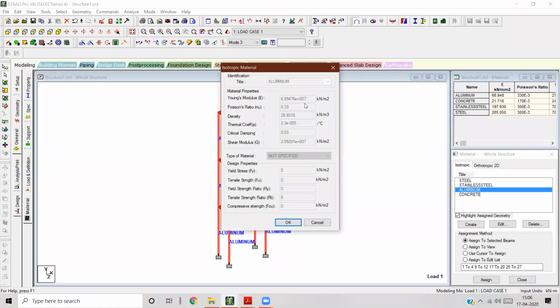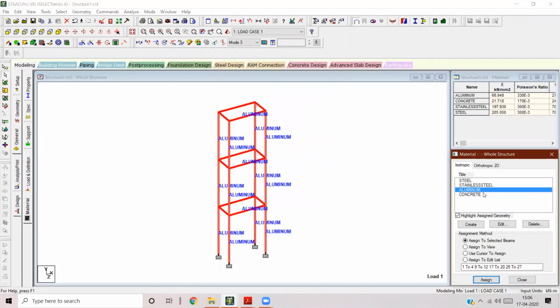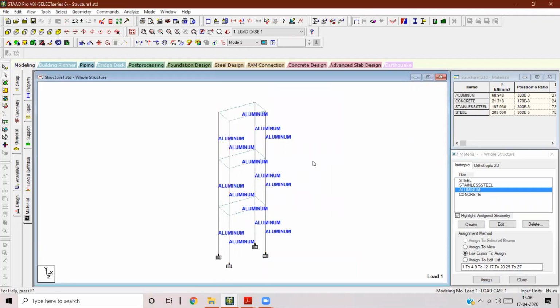Okay, so in order for there to be coherence between your ETABS model and your STAD model, it is advisable that your Young's modulus value, your shear modulus value, your Poisson's ratio values between the two softwares match. So first, you can model it off on STAD, use these values and give them as input in your ETABS so that there is a better matching of results. Okay. So for now, I'm not going to define a new material with ETABS values. I'll use the built-in aluminium model. Okay. Define aluminium.